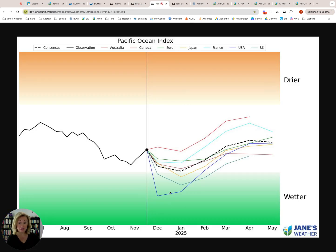We've got 3 models, and this was as of the start of November that these updated, so it's not that long ago. 3 models across that threshold, 1 that is near it, 2 that are on that side of the threshold, and this one is remaining very firmly in the middle. So this is indicating now that we do have some wet weather coming in from the Pacific Ocean, but it's not a strong push. It's the same sort of amount that we've had for the past couple of months. So definitely not a strong La Nina,